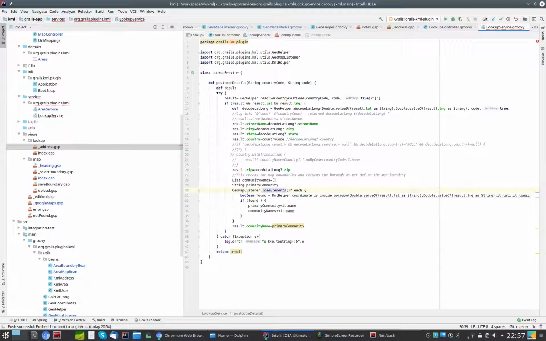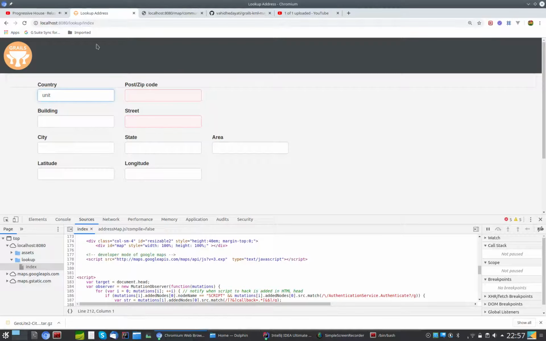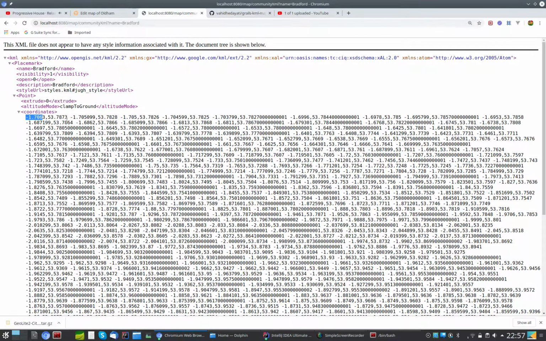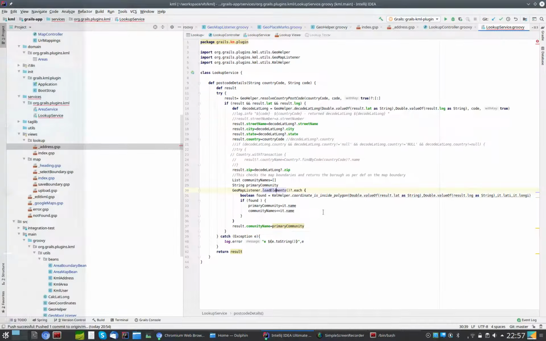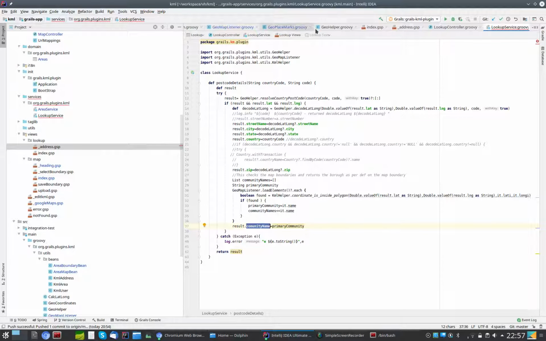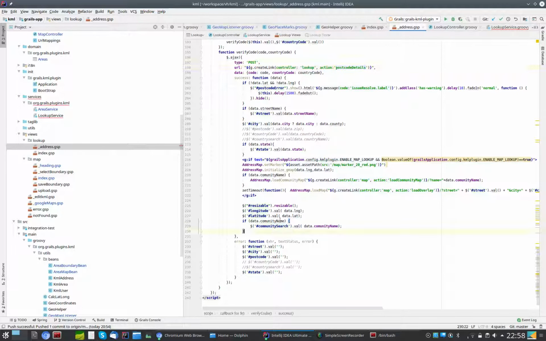So it takes a whole list of the entire listing inside that KML file. So in here, the KML file of this thing here, all of these coordinates, and then compares that with what's provided for the current one. And if it found it inside that for each one of those, then it makes that the primary community name. And the community name then becomes what we saw on the screen when it does the lookup, and when it has a community name, it knows to do